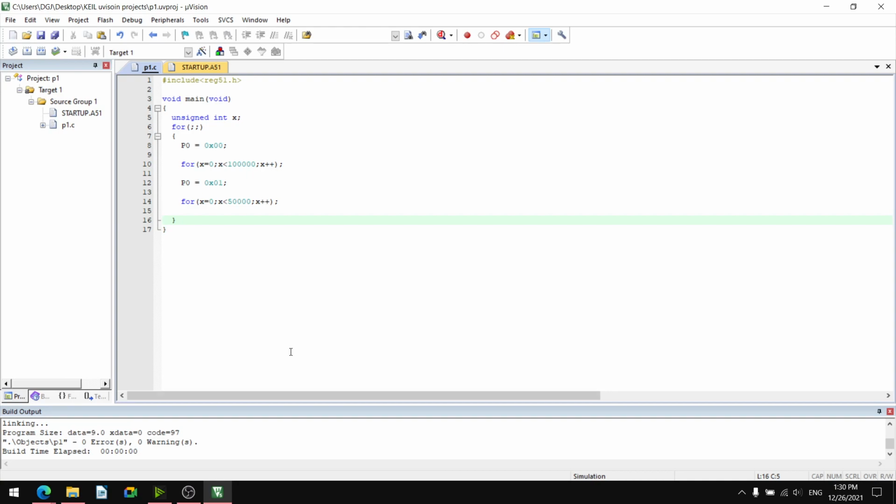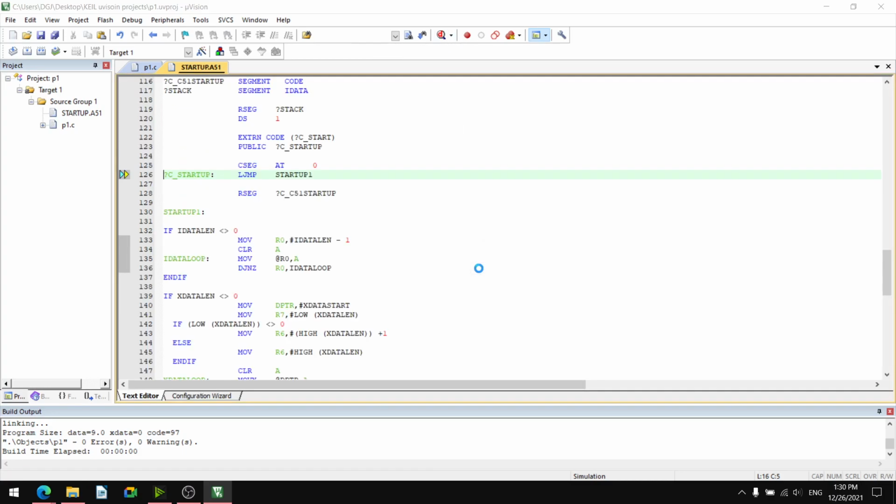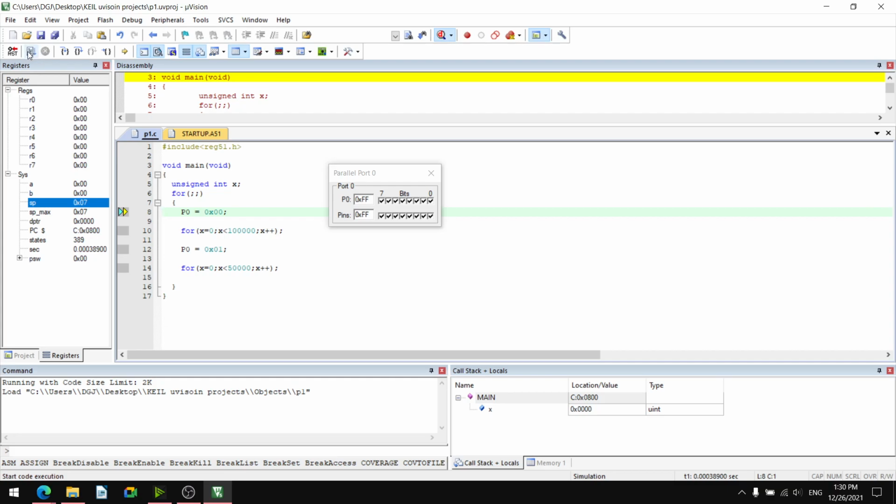No error, no warning. Here you can check. No error, no warning. Okay. And I will debug it. So parallel port already I have opened. So after debugging it will be seen like this. Whenever I run, parallel port will have output.